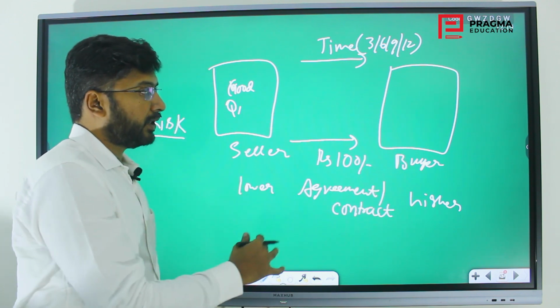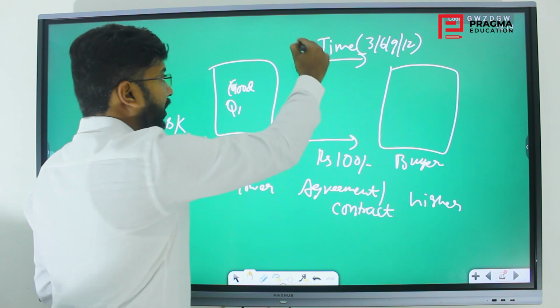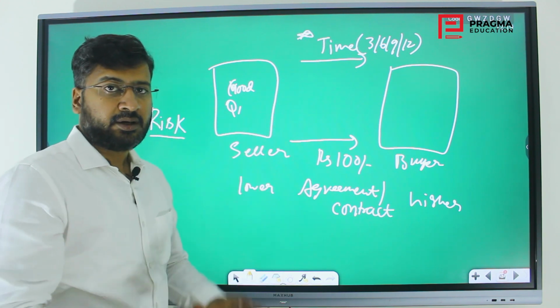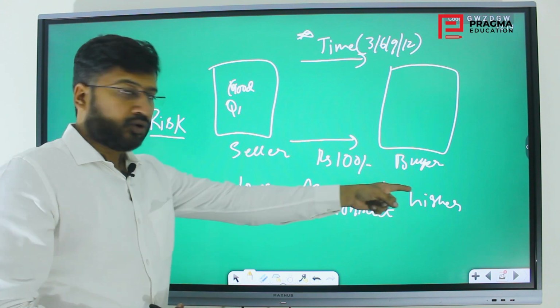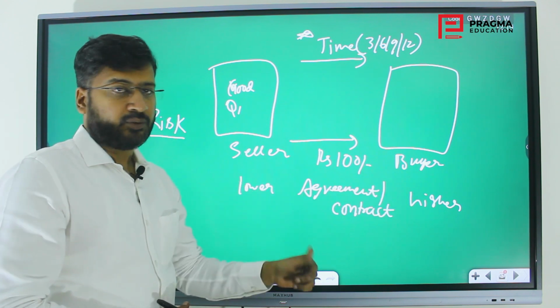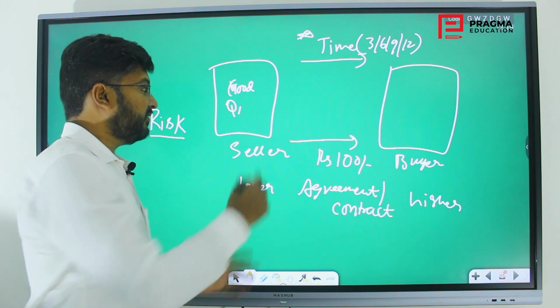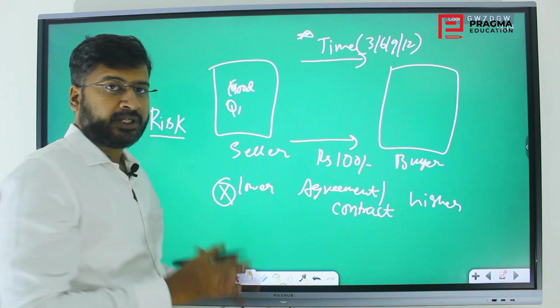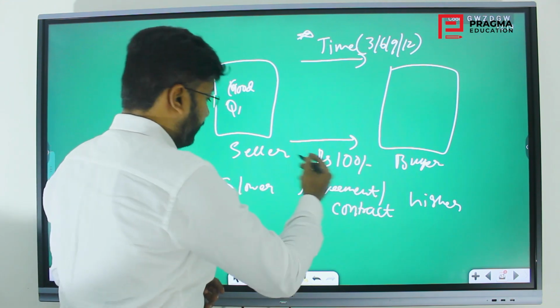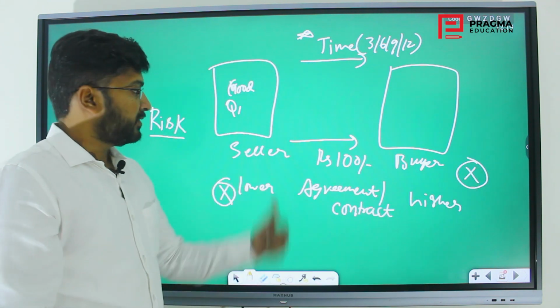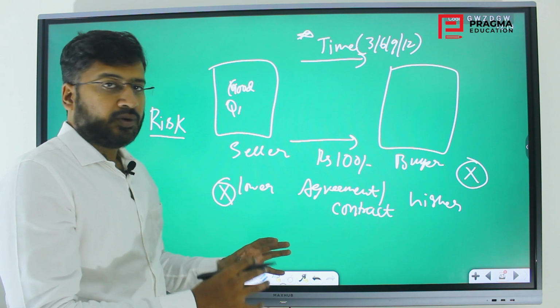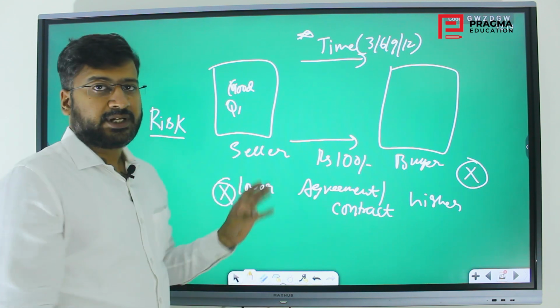And either of them can at any point of time say, no, I will not execute this, because if the price goes higher, say 150 rupees, the seller is at a loss. That is why he will say no. That is a risk. And if the price goes lower, the buyer will say I will not buy it, and the seller will be at loss. So these are the risks associated with this concept.